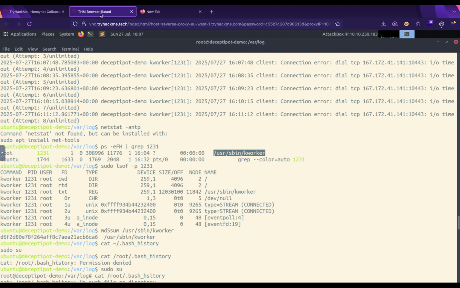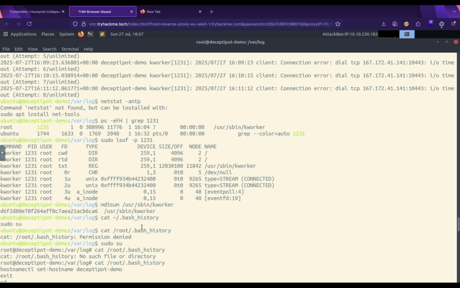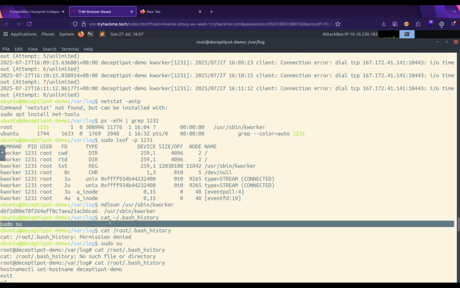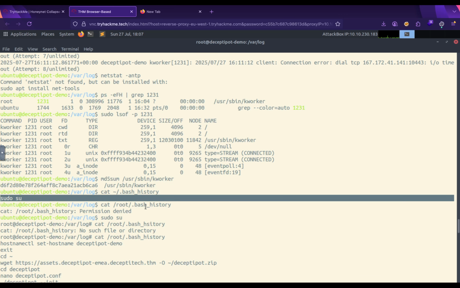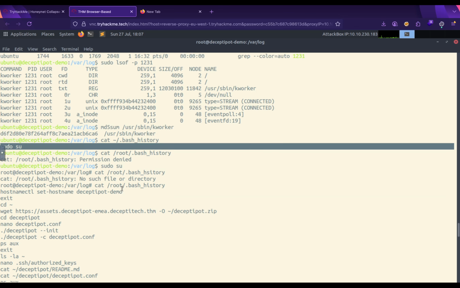So the answer for the malware parasitic on the host is that one. Then I check every bash history file inside Ubuntu. It's not so important, not so interesting. So I check the root bash history. There we can see